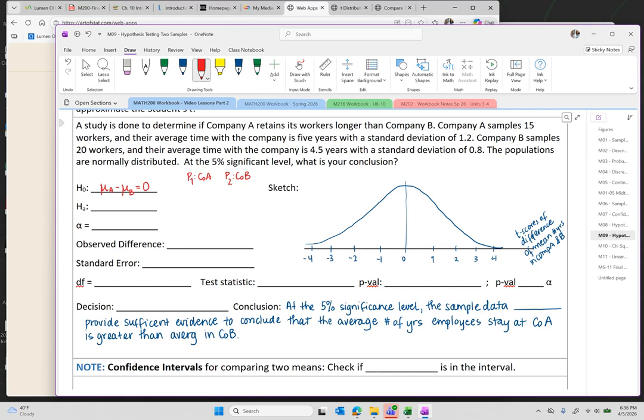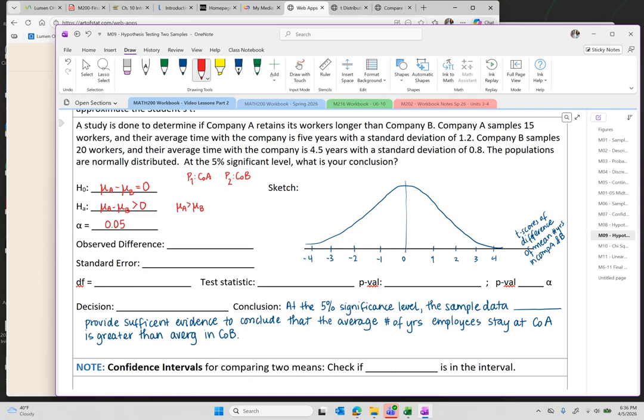But to check if Company A retains the workers longer, we want the mean in Company A to be greater than the mean in Company B. And in terms of a single variable, we want the value of the difference, mean sub A minus mean sub B, to be greater than 0. If you had chosen population 1 to be Company B and population 2 to be Company A, then you would be doing a hypothesis test that the difference mean B minus mean A is less than 0. So alpha is 5%,